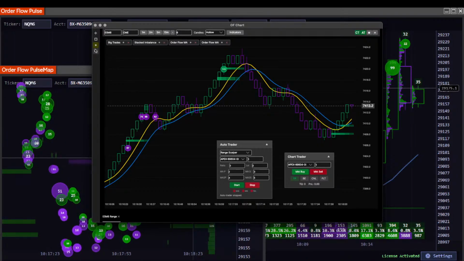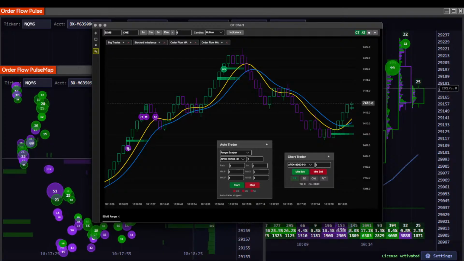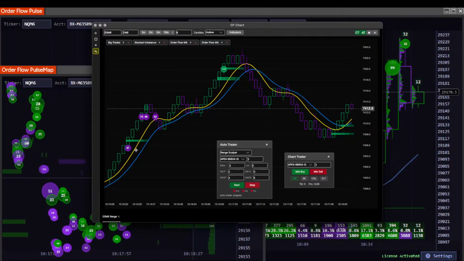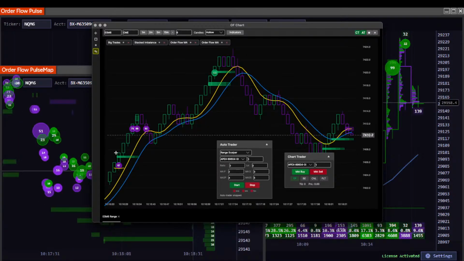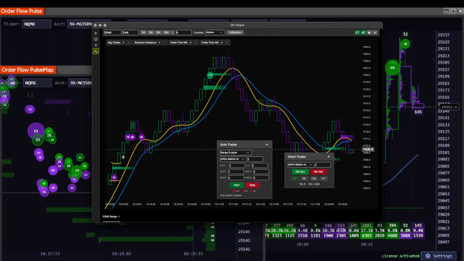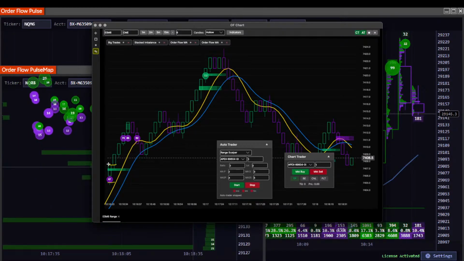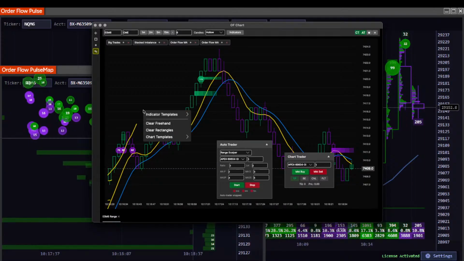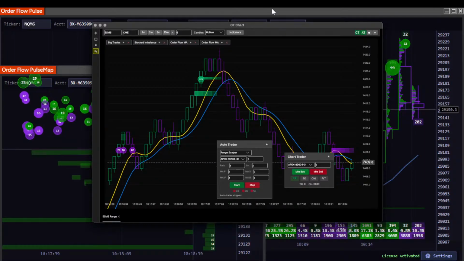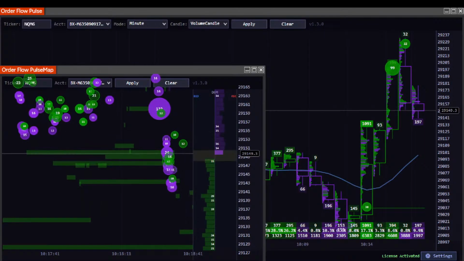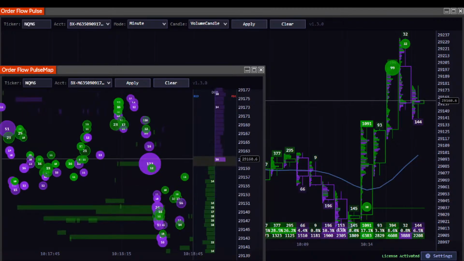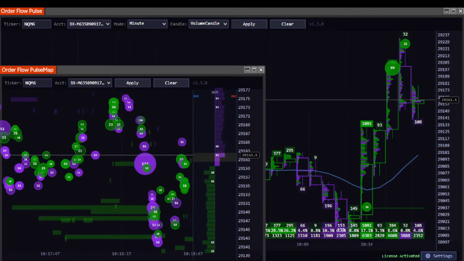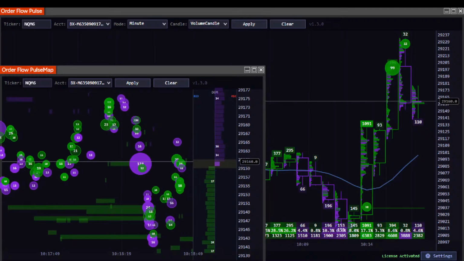That is key. Let me go over this again. Moving averages are sloping upward. You have 67 single order sell contracts. You closed above it. Even without the buying balance, that's still good. And you move up. That type of play can be done on the NQ just as well.